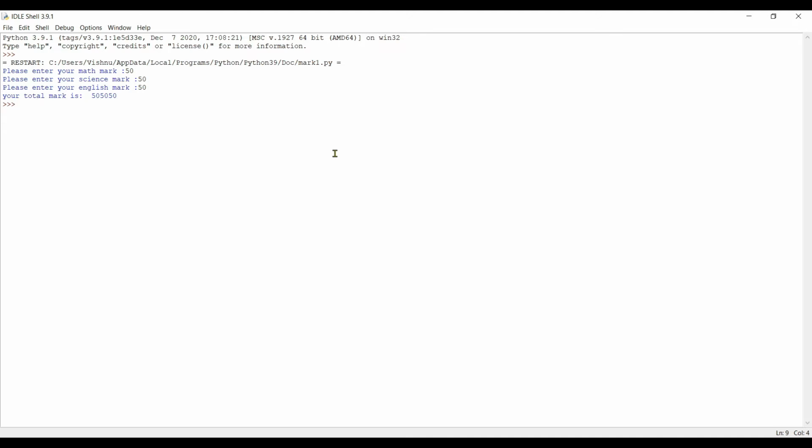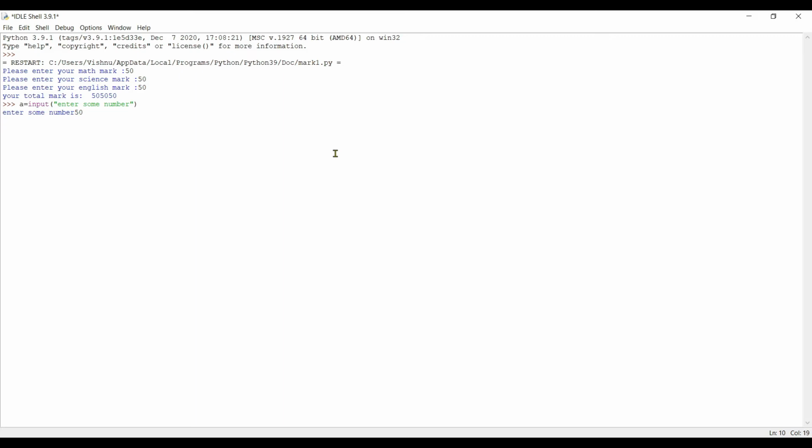What happens? Why are we getting such a weird answer? Let me show you what happens. Whenever you pass any value inside input function, for example, let's say I'm creating a variable called a, and I'm using input function and entering a number. Now it is asking us to enter some numbers.